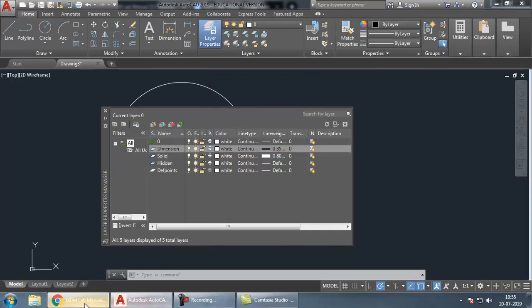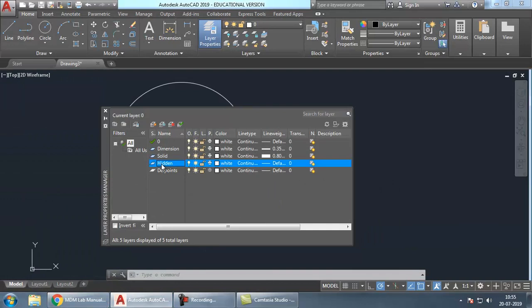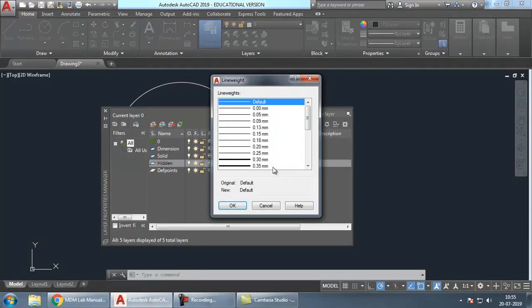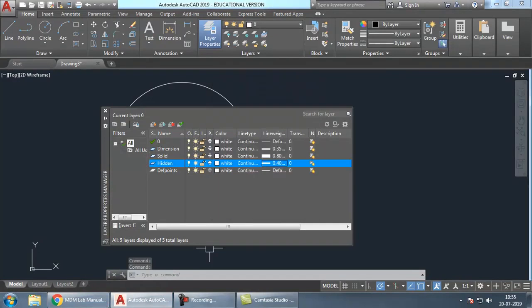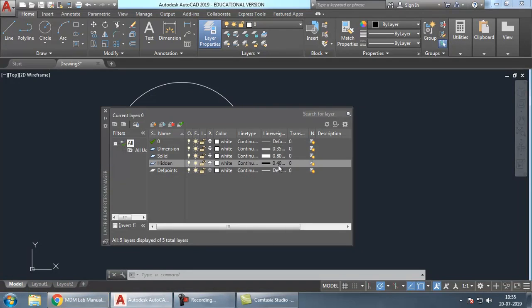Click OK. Next we need another layer by name hidden. I've already created it. The line weight we need 0.4. So hidden layer, line weight, create 0.4. And one more thing we want here is we want the line type as -2. So we have to create line type. So this is line type over here. Right now it is continuous.